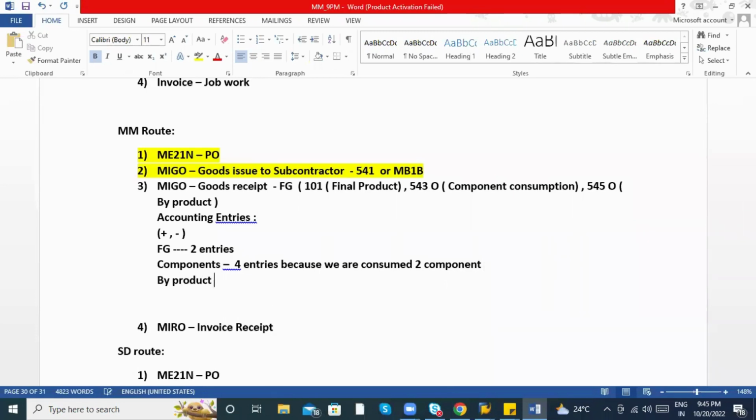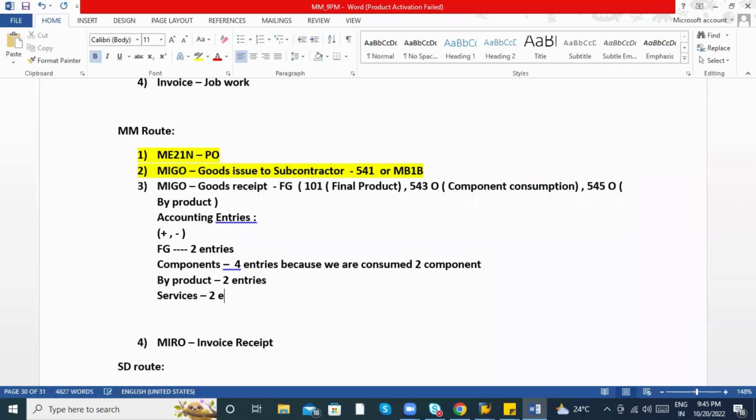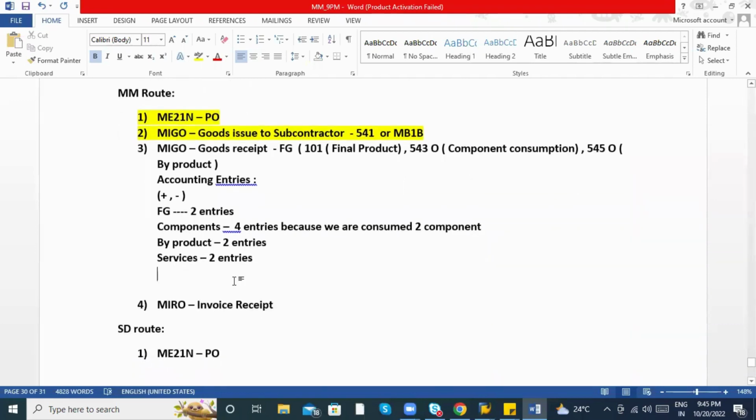So for the byproduct again we'll get stock, right? So again 2 entries here. Apart from this, for the service, whatever job work he did, again 2 entries will come. So totally, 2, 4, 6, 4, 10 entries will come. But okay,